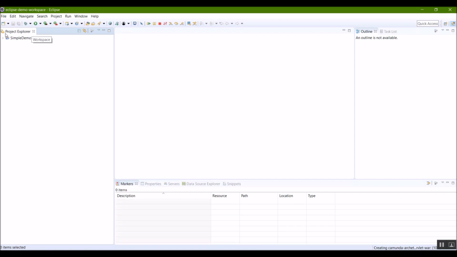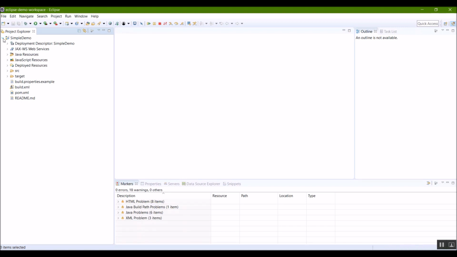Okay, so on the left here we have a little demo project that has now been created by Maven. The nice thing about Maven is that it will build the project to the specifics that Camunda has designed for this. So if you're interested in, for instance, maintaining a good consistency for your projects, using a Maven archetype is a really good idea.